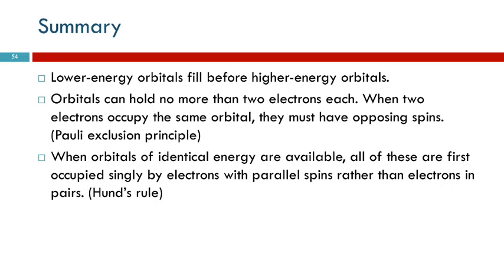This is just a summary. Lower energy orbitals fill before higher energy. The cheaper rooms in the hotel fill before the more expensive ones. Orbitals can hold no more than 2 electrons each. The beds in the hotel can hold no more than 2 people. When 2 electrons occupy the same orbital, they must have opposing spins. When 2 people sleep in the same bed, they have to sleep head to toe. When orbitals of identical energy are available, all of these are first occupied singly by electrons with parallel spins rather